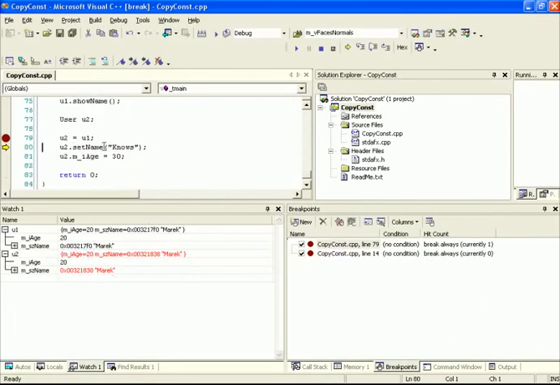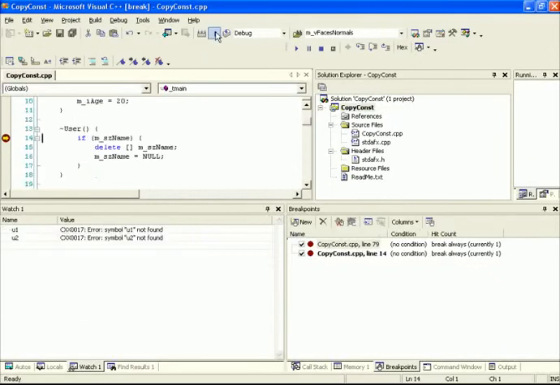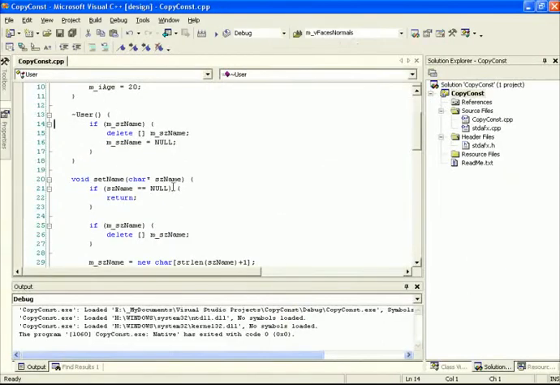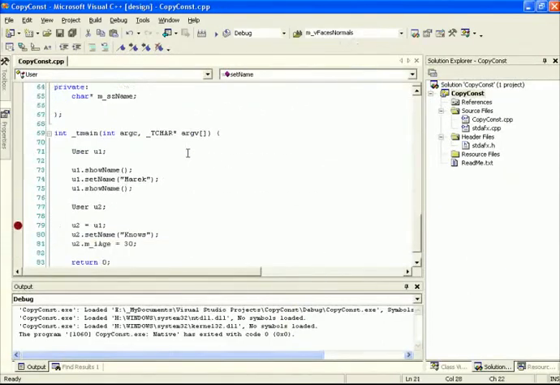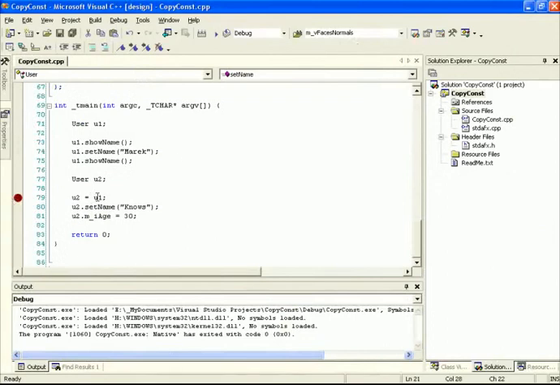And when I go and set the name for U2, notice that only U2's memory space changes. U1 stays the same. So we fixed the problem that we had earlier. And as a matter of fact, if we just continue running now and remove these breakpoints, you notice that there is no more crashing. So that's how we can get around the problem of assigning values from one class into